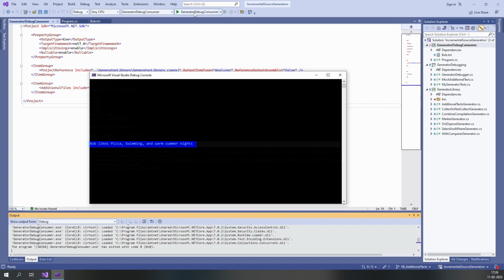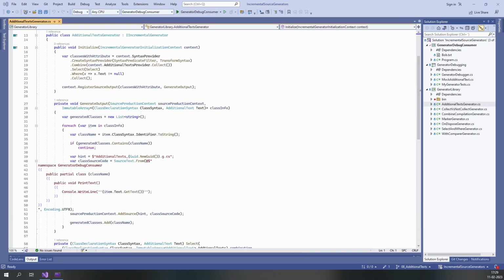to the console. To access these additional texts in the generator, all you need to do is call the IncrementalGeneratorInitializationContext.AdditionalTextsProvider. Since we have already talked about the Combine, Collect, Select, and Where methods, I'm going to go straight to the GenerateOutput method. The GenerateOutput method accepts an immutable array of tuples containing the matching ClassDeclarationSyntax and AdditionalText objects. Then, to actually get the text from the file, call the GetText method on the AdditionalText